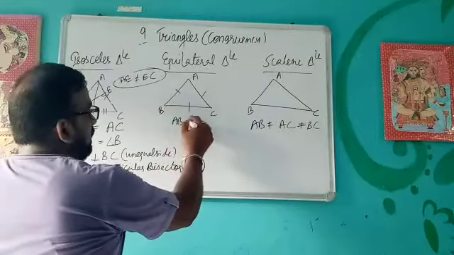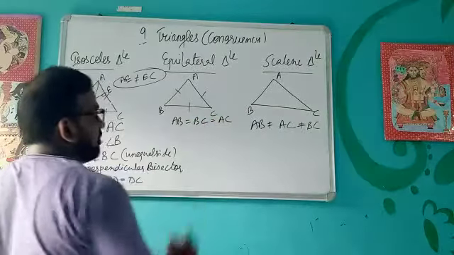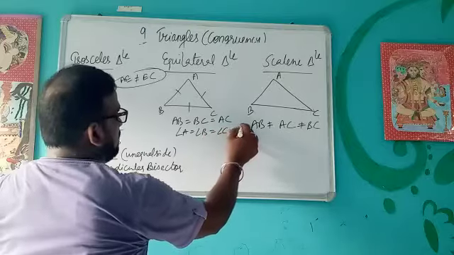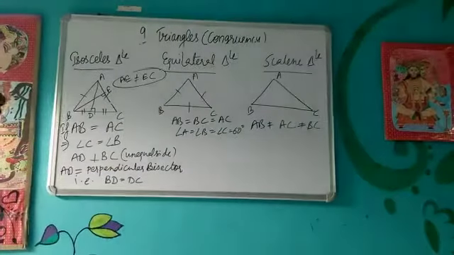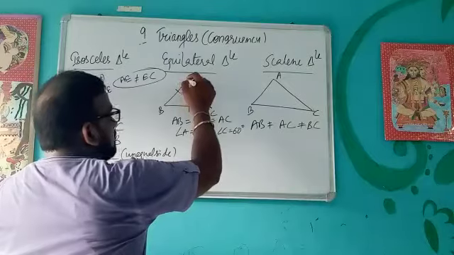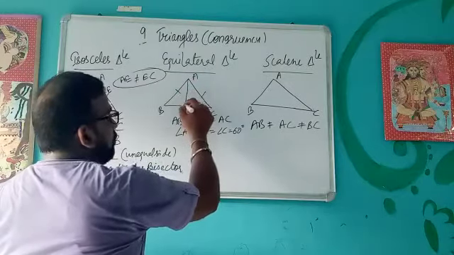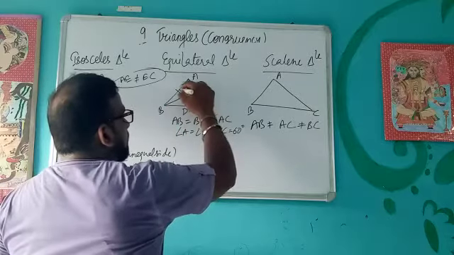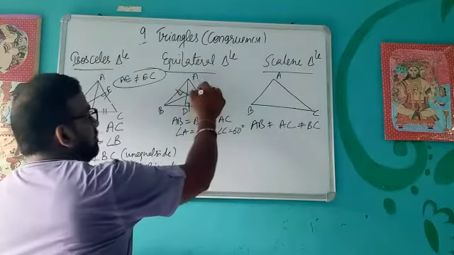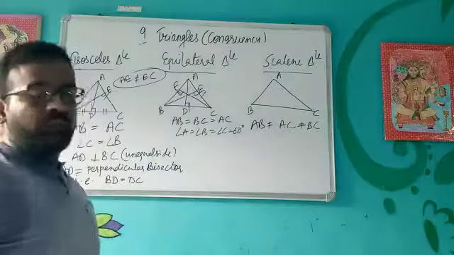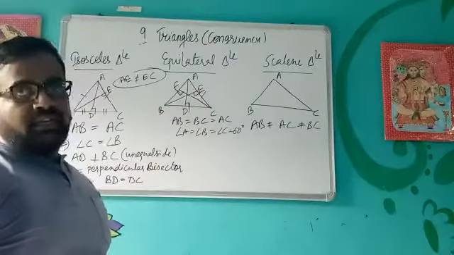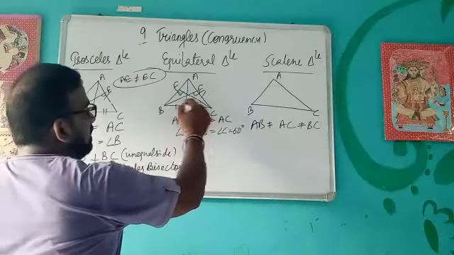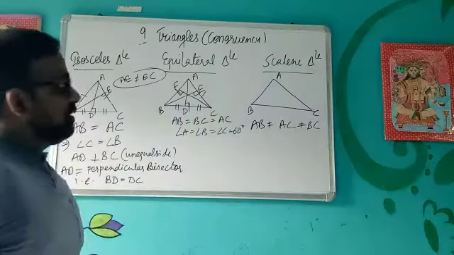In an equilateral triangle, AB is equal to BC equal to AC. That means all the angles are equal to each other. And what is the measure? 60 degrees. Then whether you drop a perpendicular from B to AC, all the perpendiculars are perpendicular bisectors. Whatever perpendicular you drop from the vertex to the opposite side, in that case all the perpendiculars are perpendicular bisectors. That means all these segments are equal to each other. Okay,